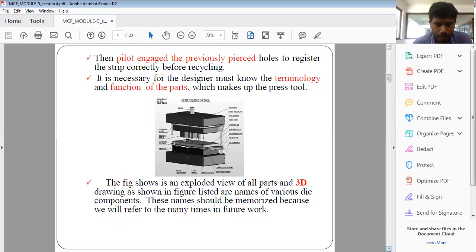That is if we discuss it for the progressive tool. Similarly, it is there for the forming operations and all. In forming, at the very first, the blank is converted into shapes, cup shapes, and all these things.